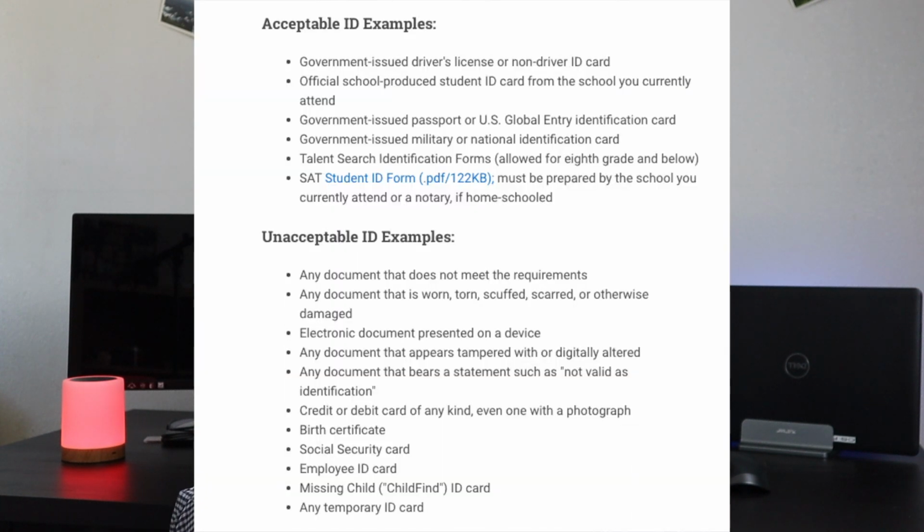Next, it has to be a recent and recognizable photograph that clearly matches both your appearance on the test day and the photo on your admissions ticket. Lastly, it just has to be in good condition. This means that they should be able to read your full name as well as be able to recognize you in the photo. The next thing you should bring is